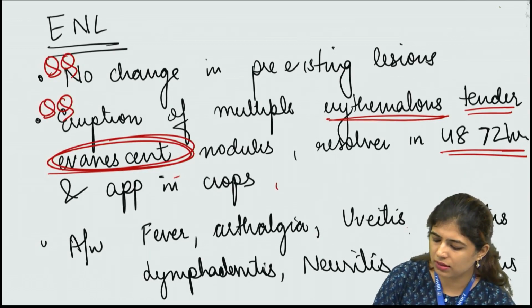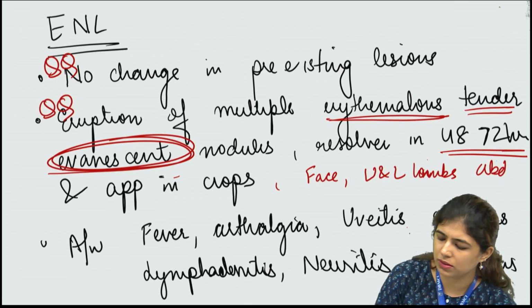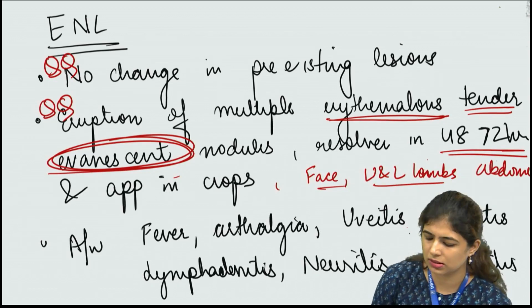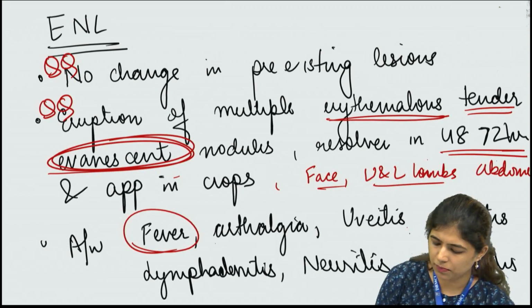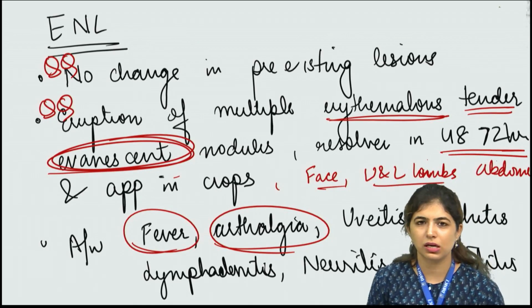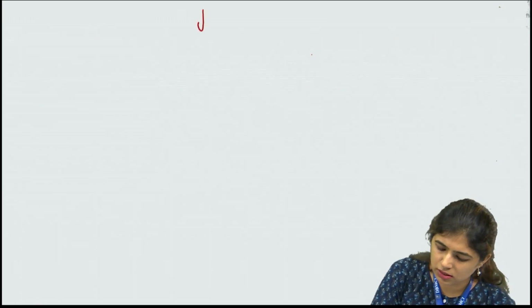Clear? And the sites on which it appears commonly are face, upper and lower limbs, and abdomen. These are the most important sites. Okay? Apart from the associated features. I hope this is clear to everyone. Then what is the third one? That is your Lucio